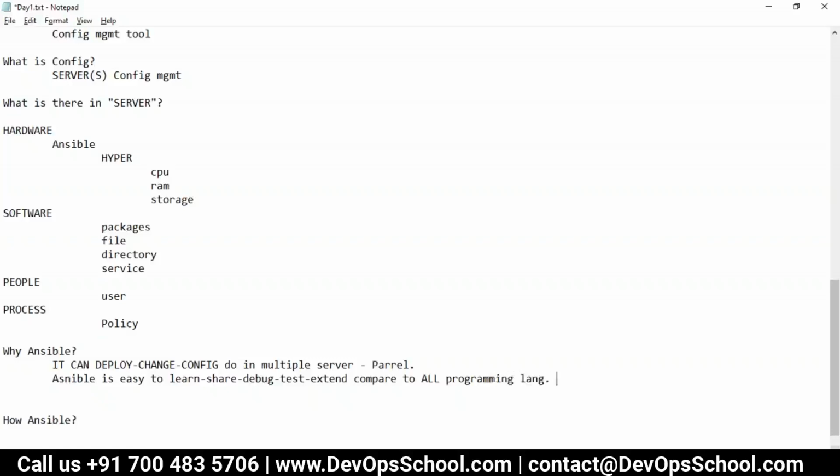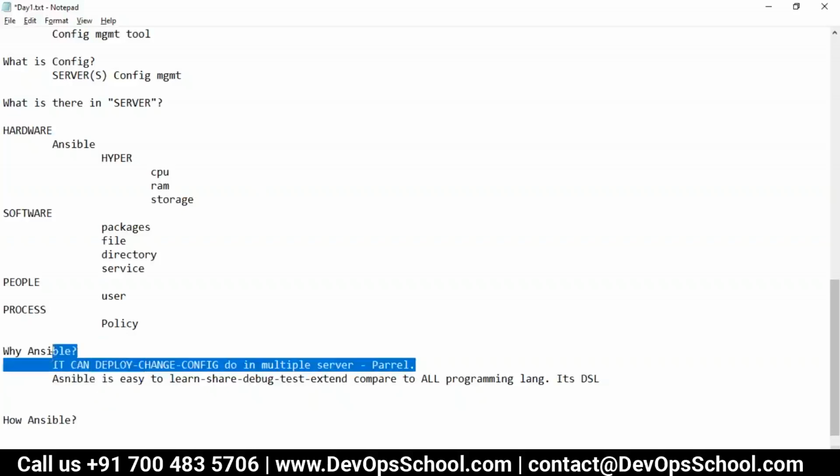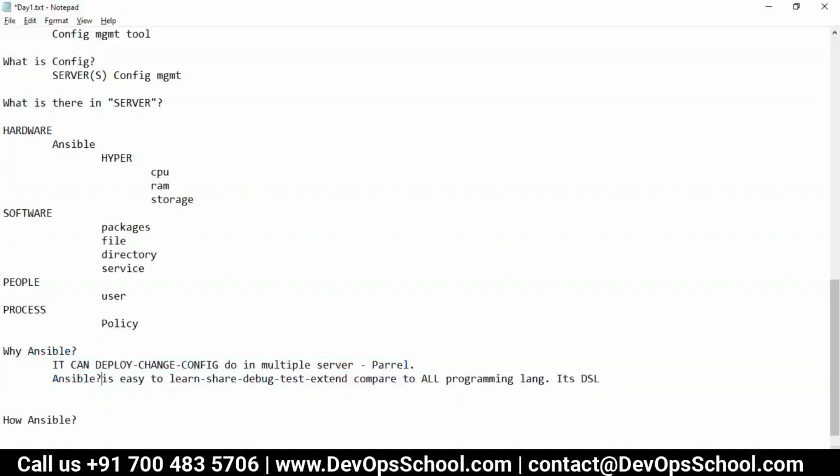It's a DSL, domain specific language. So why should we use Ansible? Because this can be done by any programming language, but Ansible is easy compared to all of these. That's the reason we are using it.